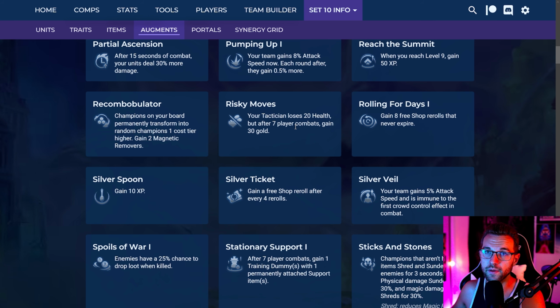There are better econ augments to take if you want to loss streak, because if you try to loss streak with this, you'll just be so low. Now, they did reduce the amount of health. It used to be 30, so maybe you can loss streak with this, especially if you know how to build a very strong board that will win out on stage 3 and stage 4. If you feel very confident about that, you can probably loss streak with this and just get an insane econ advantage. But usually you'll play a strong stage 2 and then get that huge gold